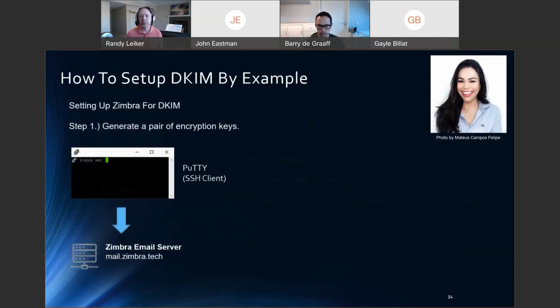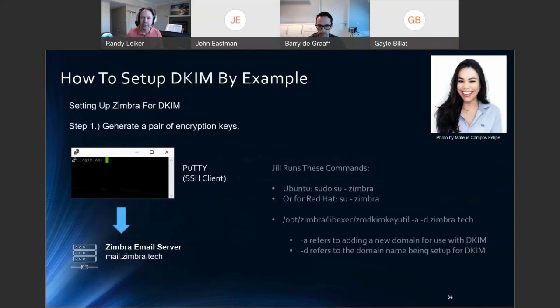Jill has a Windows PC, so she opens the freely available PuTTY app, and she connects to her Zimbra server using SSH. This now enables her to run commands from her server's command line. Since her Zimbra server is running Ubuntu, she first switches to the Zimbra user by running the command sudo su - zimbra. If Jill had been using CentOS, a derivative of Red Hat Linux, she would have instead used su - zimbra to accomplish